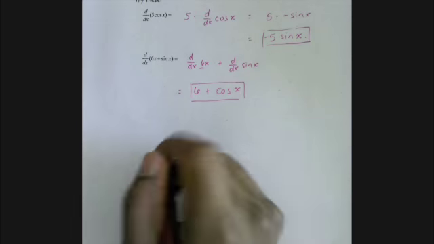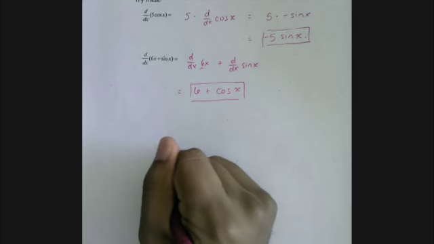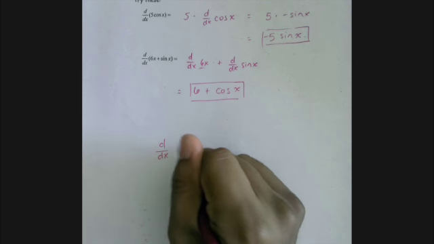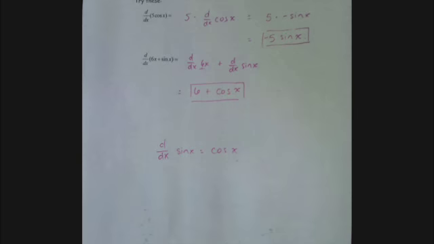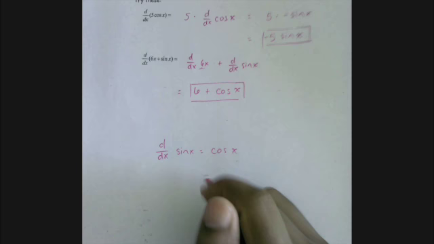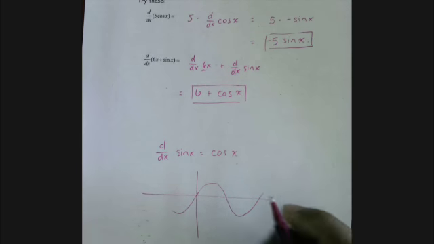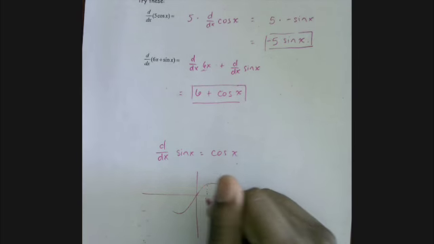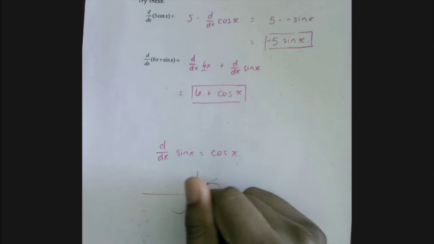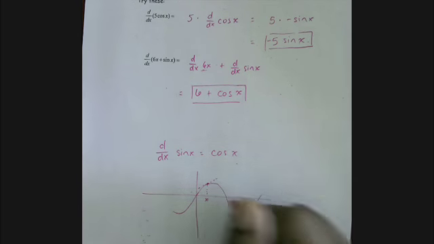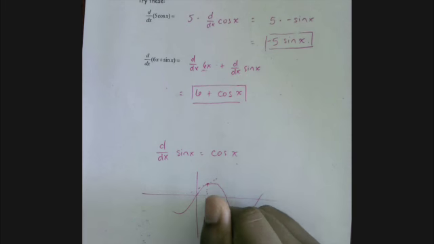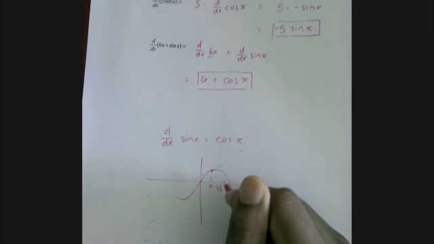Now the one last thing I want to note is the following. The derivative of sine x equals cosine x. This is really easy to overlook its importance. What this is saying is that on the graph of sine x, if I take any point x, I can automatically find the slope of the tangent line as long as I know the cosine value of it. So for instance, if I have, let's say x is equal to pi over 3,